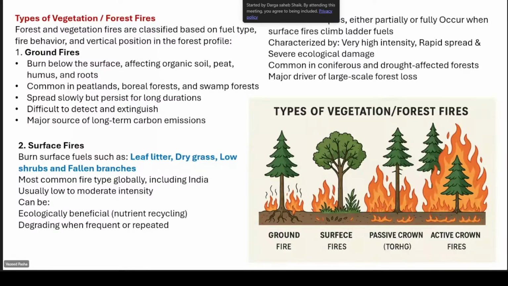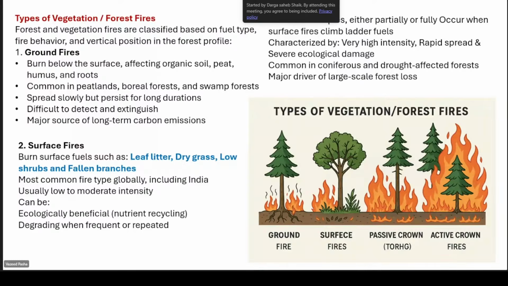The second one is litter, dry grass, low shrubs or fallen branches burning; that is called a surface fire. Above the humus layer, there is another layer called the leaf litter, the dry biomass layer, that burns. Most of the fires in India are surface fires, but they also create some issues.